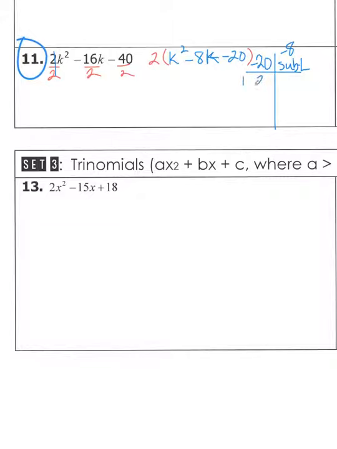So I have 1 and 20, subtract to give me 19, 2 and 10, subtract to give me 8, and so there it is. The sign of my 8 is negative. That means the bigger of the two carries that same sign, so the 10 is negative. The 2 is going to have to be positive to combine with negative 10 to make a negative 8. So then this 2 gets brought down,